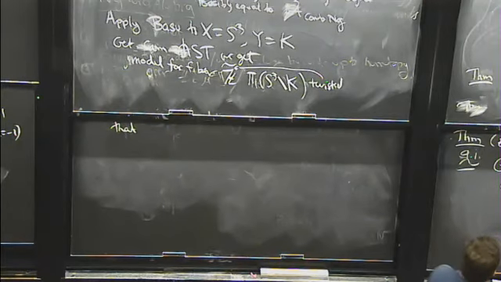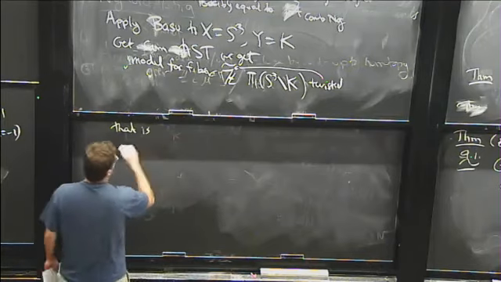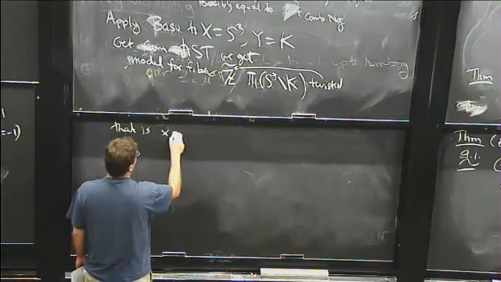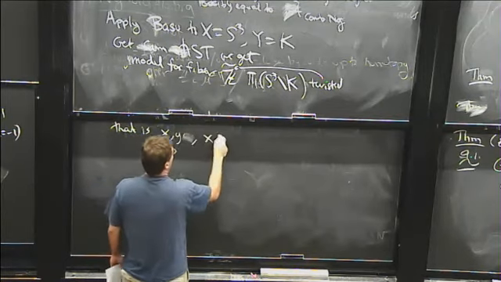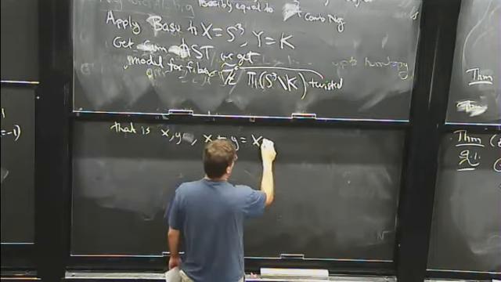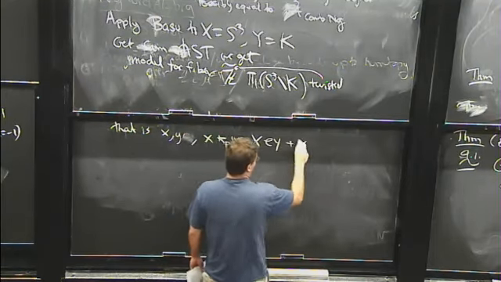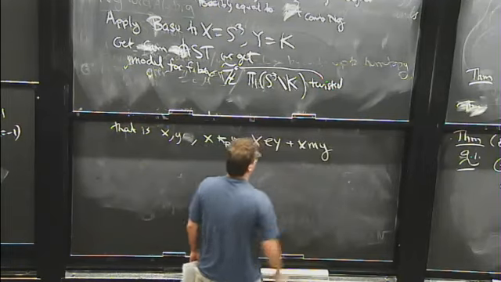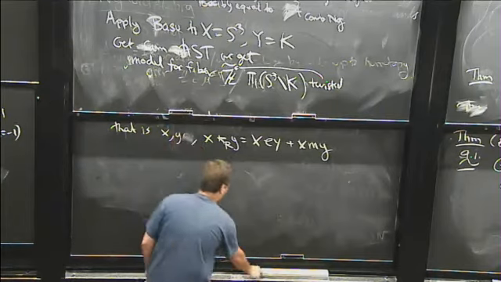Maybe I erased it. Okay. That is, if I take two elements x and y in this group ring, the twisting can be expressed for this special case as he was drawing, xey plus xmy, where we have